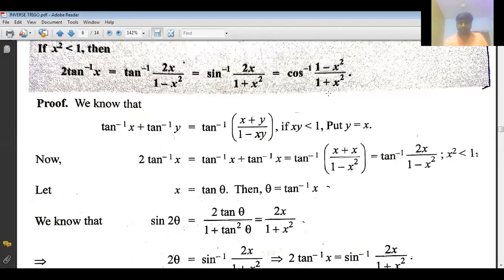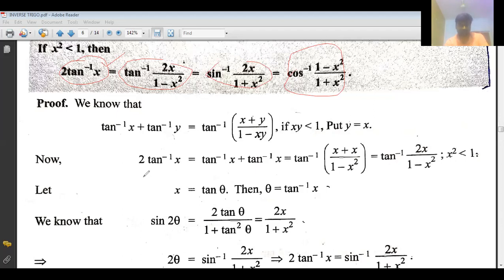If you want to write in tan, similarly, this formula is very, very important. In most of the cases, we have the 2 tan inverse x term. So in most of the problems you will be given 2 tan inverse x. Whenever you are given 2 tan inverse x, based on the situation and the given problem, you have to decide whether to convert into tan or sine or cos. You have to remember all three formulas. Sometimes you'll be asked for proofs also, so you have to practice the proofs for this.